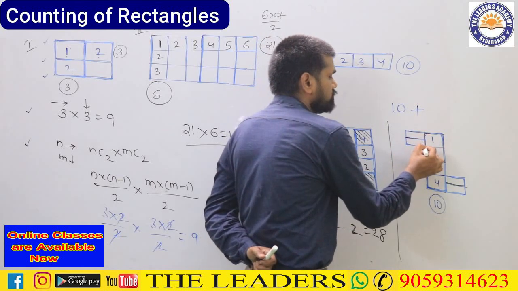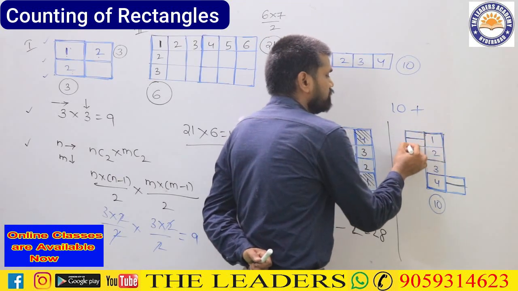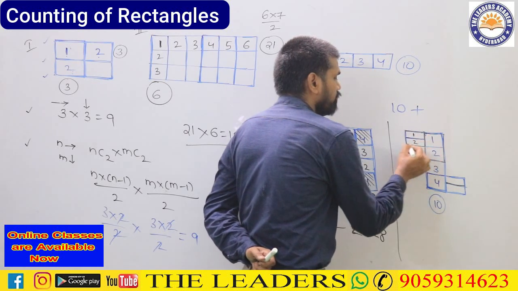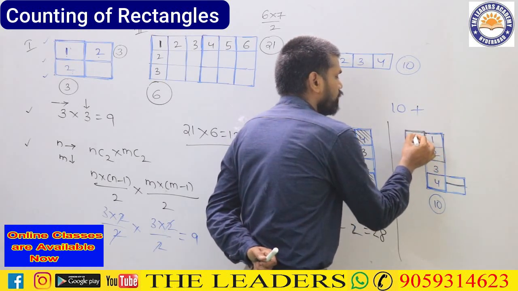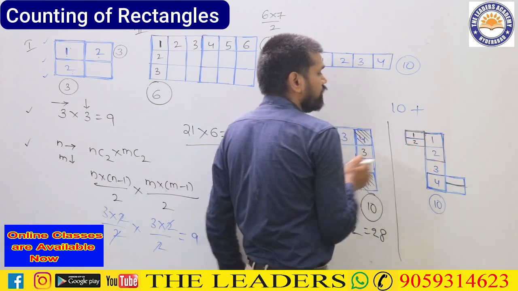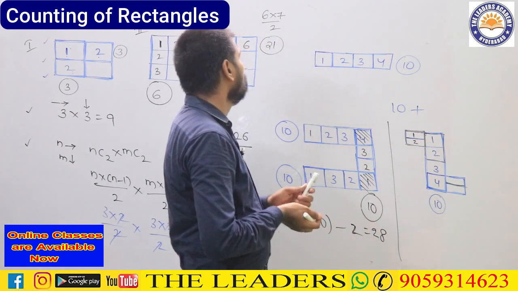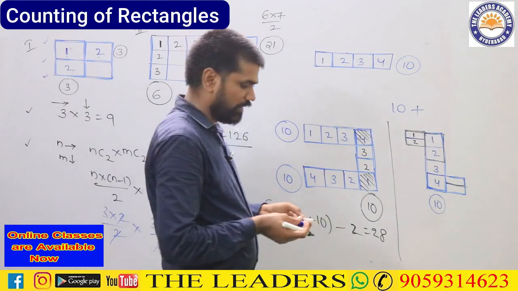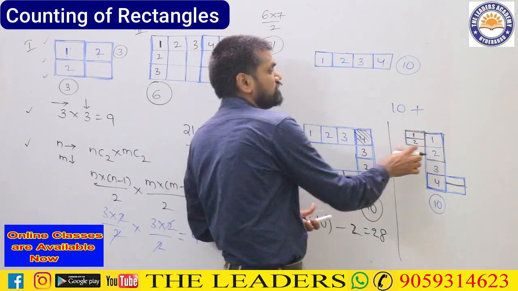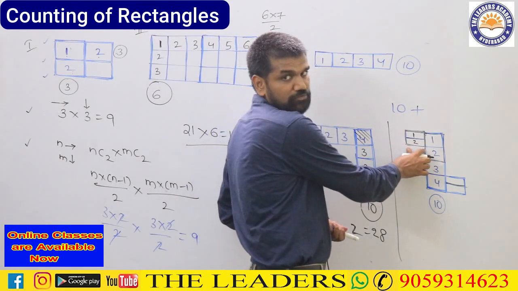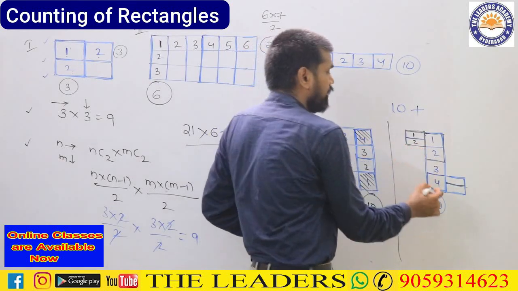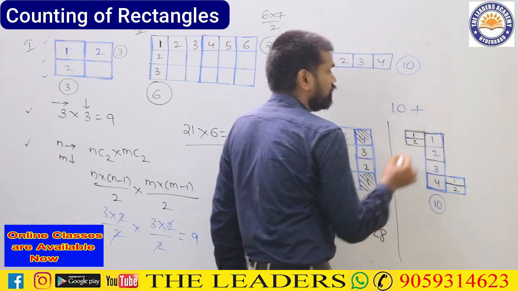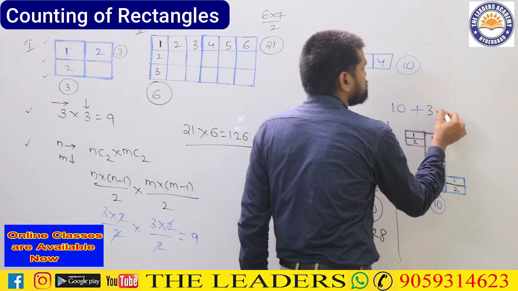Again, if you take this into consideration, this will give you how much? 1, 2. Just this one you take. Totally how many are there? 1, 2. So in total how much will be there? If at all I am having 1, 2, 3, 4, I was adding 1, 2, 3, 4. That was adding up to 10. Now I am having here 1, 2. So this is adding up to how much? 3. This is adding up to 3. Again this is also 1, 2. That is also adding up to how much? 3 more. So 10 plus 3 plus 3.